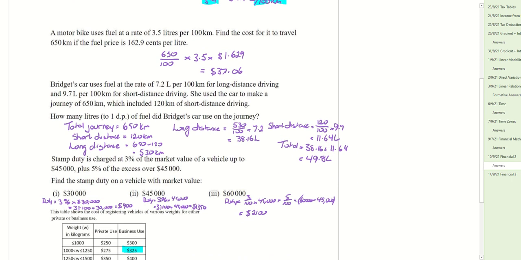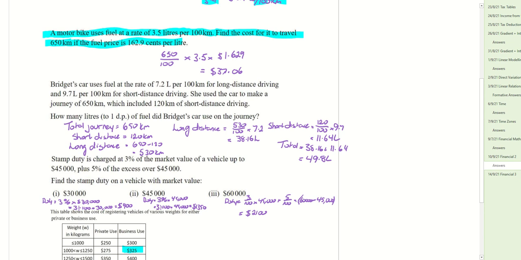Having a look at our next question, it says a motorbike uses fuel at a rate of 3.5 litres per 100 kilometres. Find the cost of it to travel 650 kilometres if the fuel price is 162.9 cents per litre or $1.629 per litre. Okay, so again, they've given us the rate of fuel use in litres